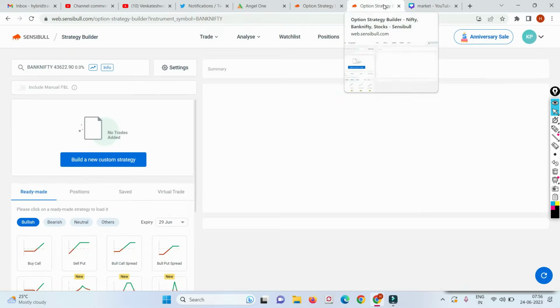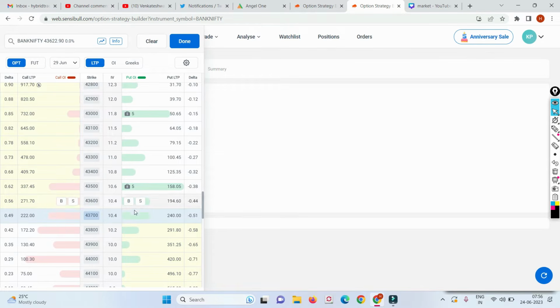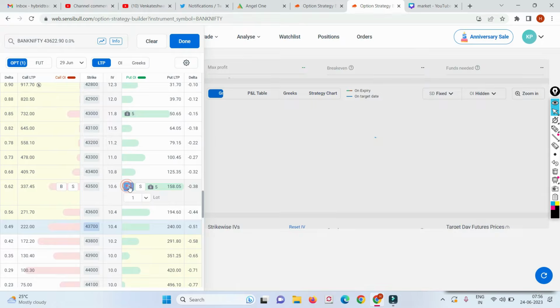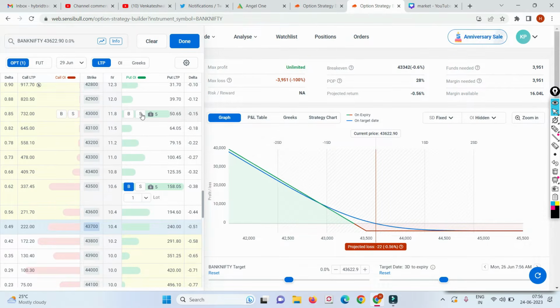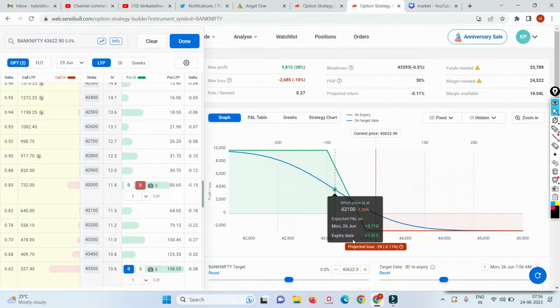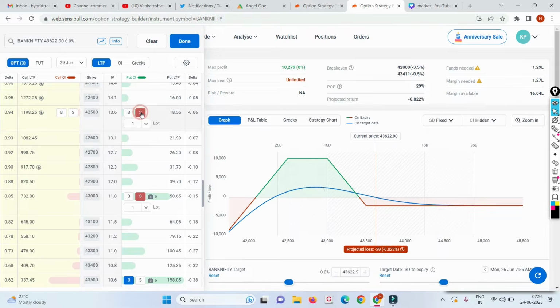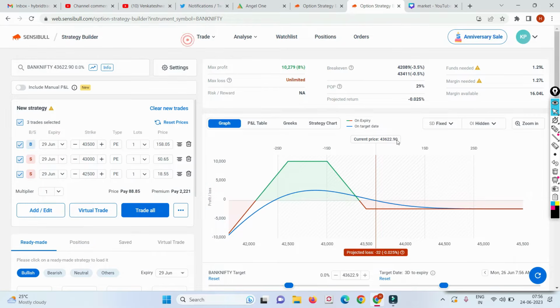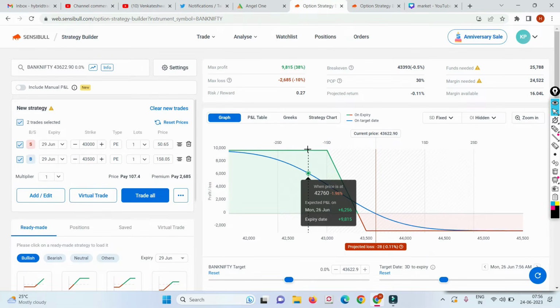In the second window, I'll deploy the ratio spread. We took 43,500 at the same time. What is a ratio spread? This is your typical debit spread, and on top of this we will sell one more put. That's it. So this will be your ratio spread. Simple, right? If you want to know the basic difference, you can watch other videos, but